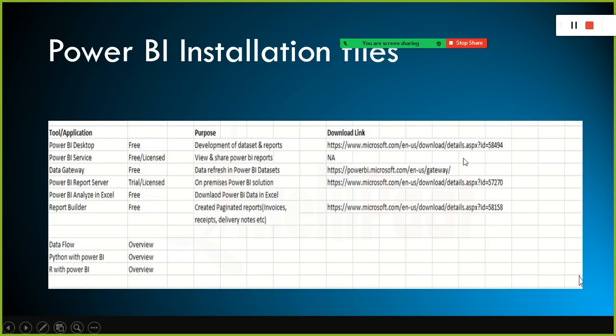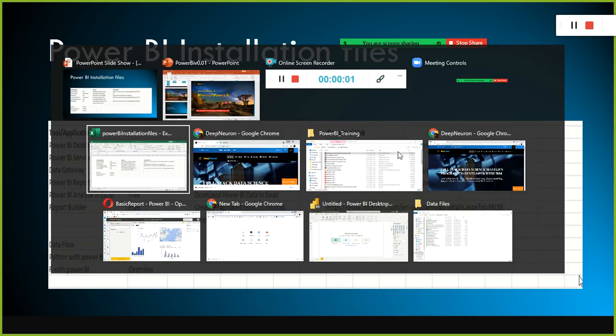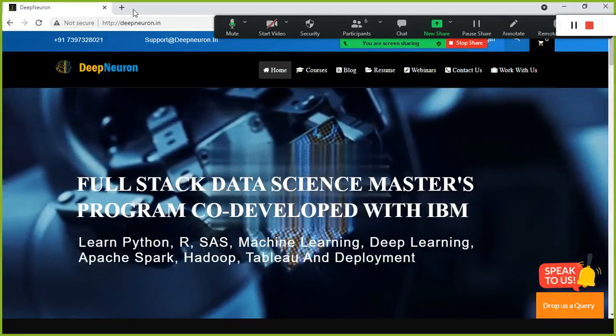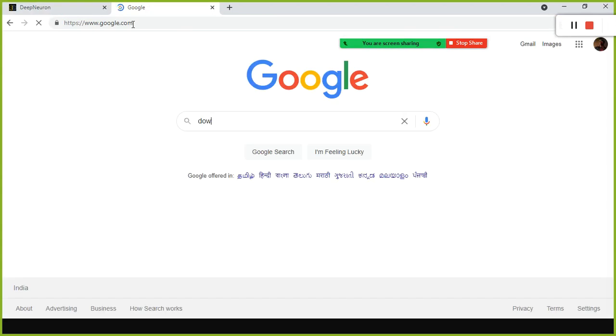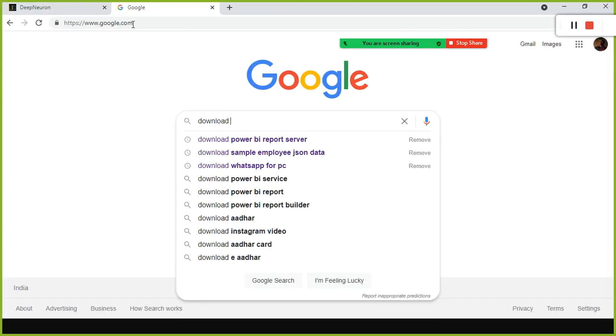So this is the link. Those of you who are yet to download, please go ahead and download it. Anyhow, I will share the link with you all. Let me go here. Shreyas, I don't know if you have already installed it or not. Let me just download it here. Download Power BI.